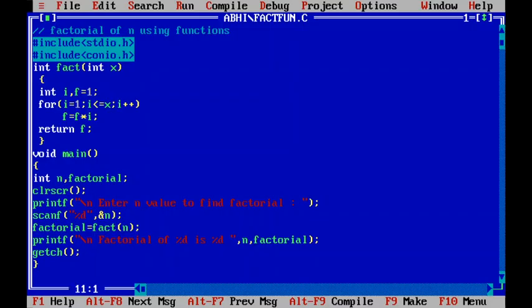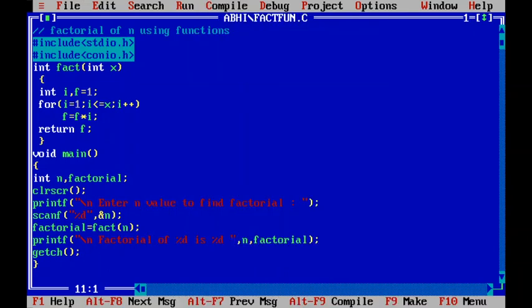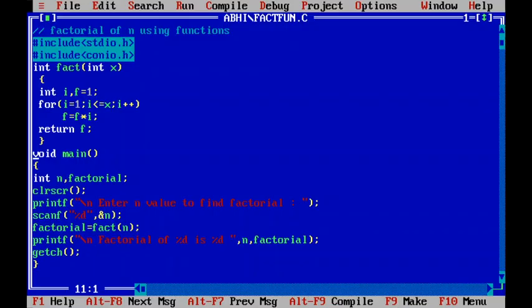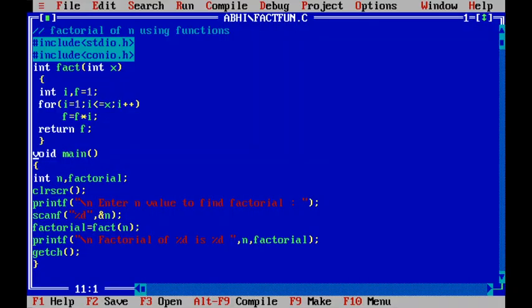So this is the factorial program. I am going to compile it for you. Alt F9 is to compile the program. Alt R is to execute the program. For example, if I give 4, it will give 24. In the same way, if I give 5, it will print 120, that is 24 into 5. Next, now you see, if I use F7,